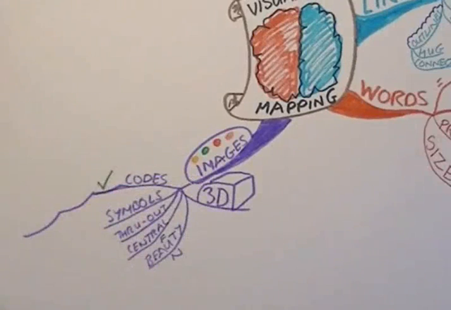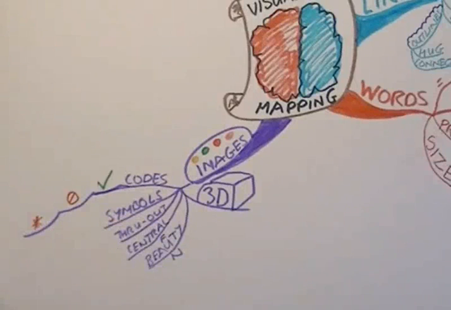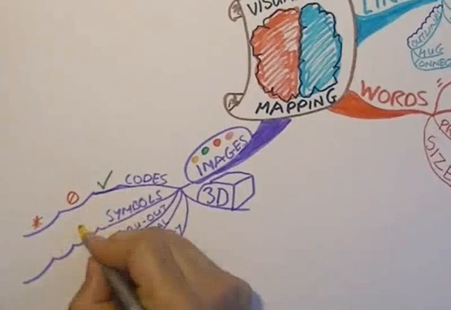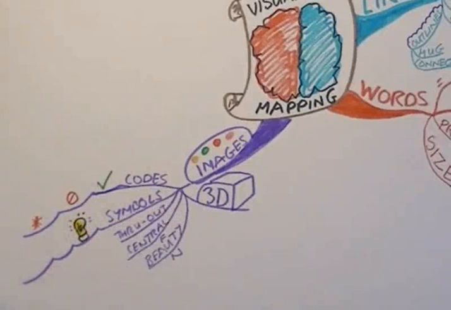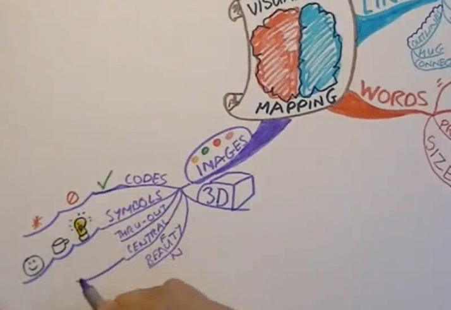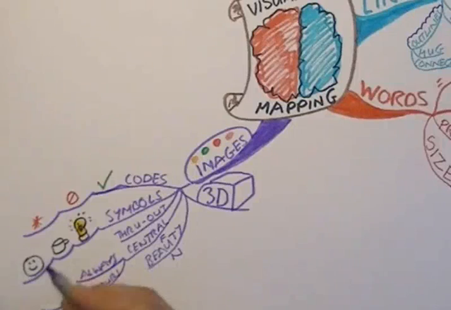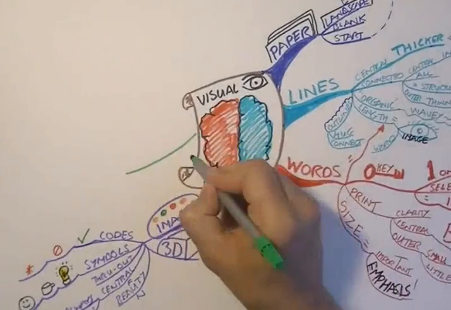The code could be a tick, it could be a warning sign, it could also be a star for completing something. The symbols could take all sorts of forms. You might have a light bulb to suggest a good idea, maybe a teacup for breaks, and a smiley face for something you're pleased about. Back to the central image, it should always be 3 colors or more, which links on nicely to the 5th branch,